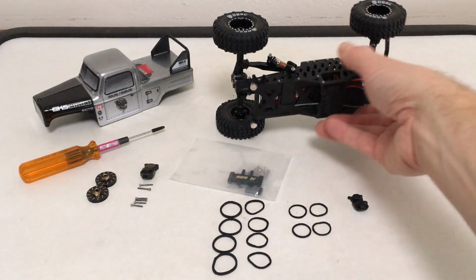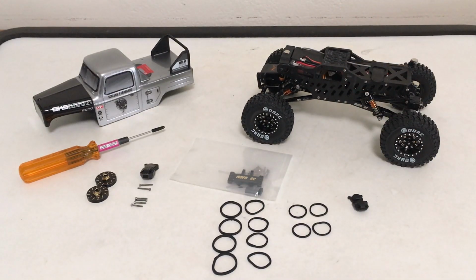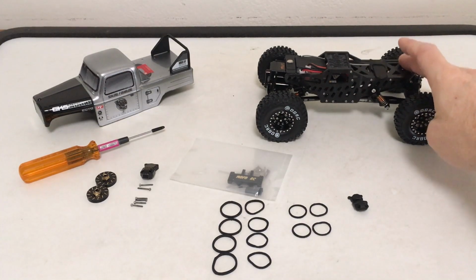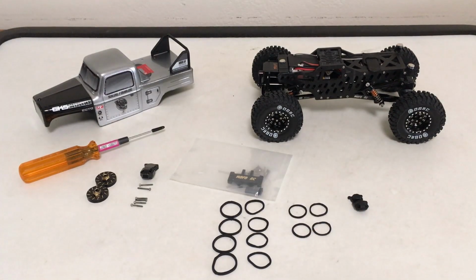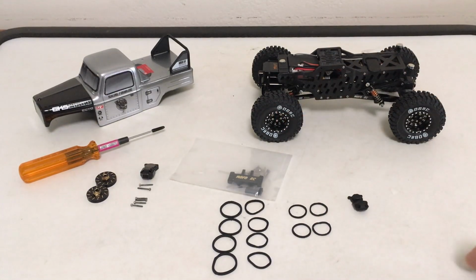So that's not bad. And you can see it, full extension of the shocks, the front seems to sit a little higher. If I drop it, I've got the soft springs in the front and it settles, so it actually gets a little rake. And the rear is a little bit high with the stiffer springs. So I've got some rubber bands out here. So I'm thinking of implementing some limiter straps just at the shock points to settle that guy down,